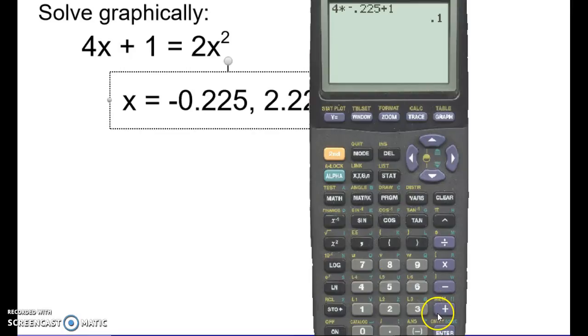So that's the y value we get on the left. And on the right-hand side, 2 times -0.225 squared. Again, we rounded, so it's off just slightly, but we can tell they are about in the same spot. So that's how you solve these graphically.